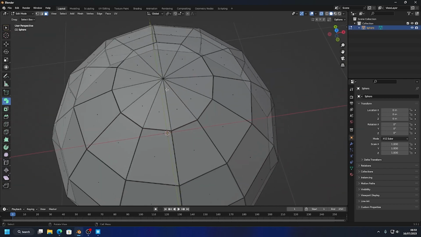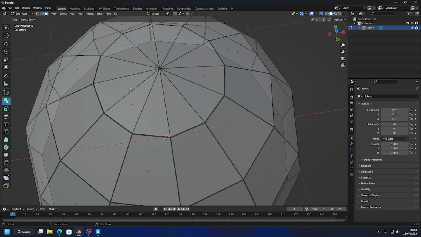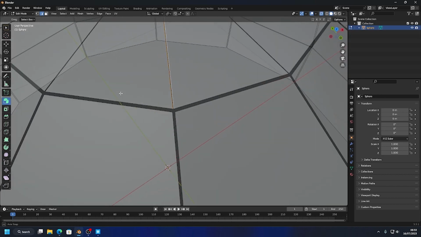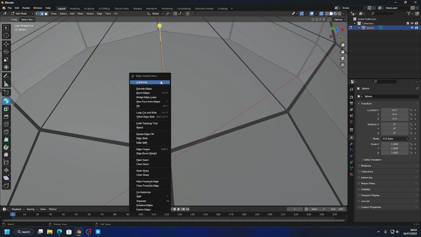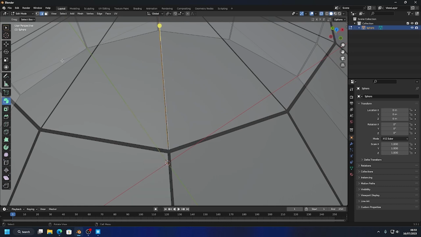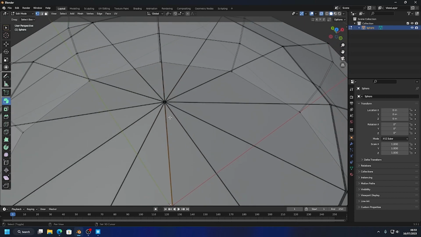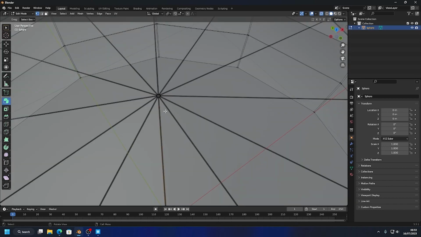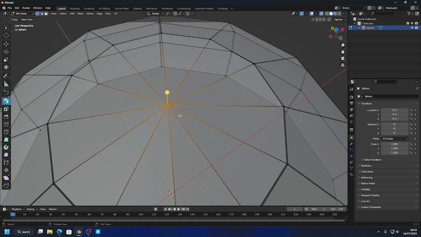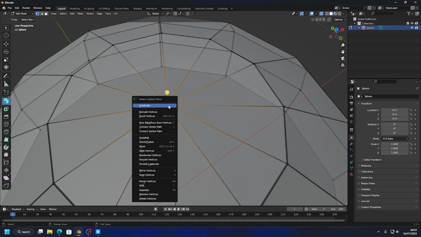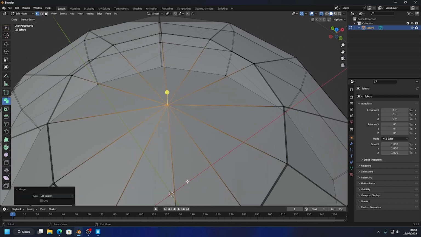And maybe I don't want the gaps to be so big. I want these little triangle wedges. So maybe we'll merge these ones back. So we'll just merge them back. Let's go into vertices, easier, like this. Let's merge all of these together. Merge vertices at center,